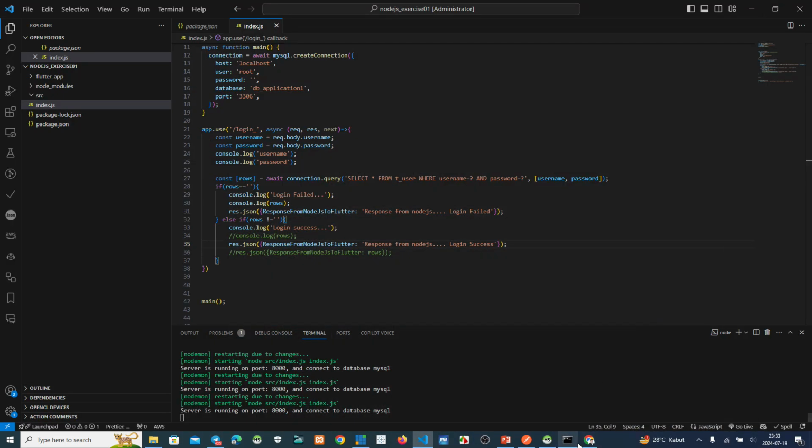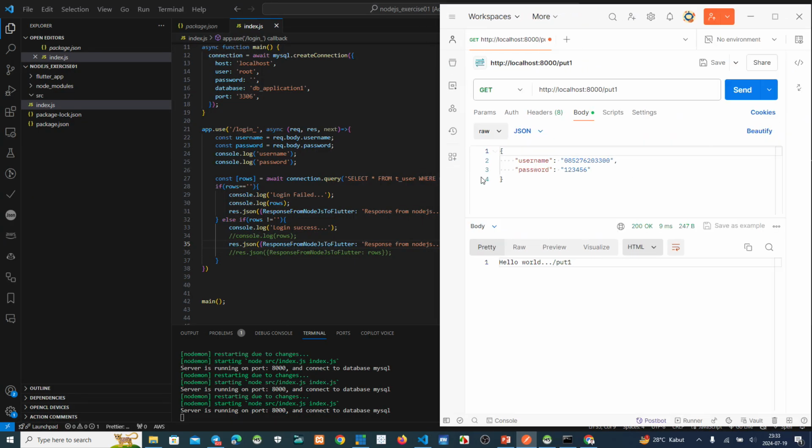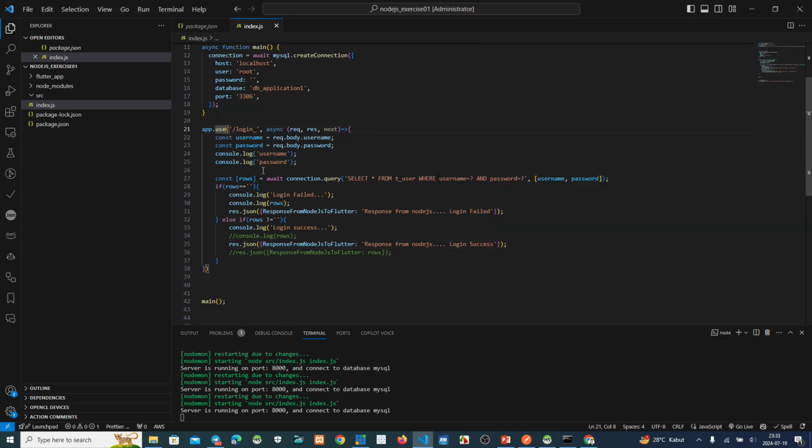Oh, sorry, where is Postman? This one. Now we try to send this, as the front end, to the back end, and see the result. Wrong here. Why? You see, because you use post, usually post here.